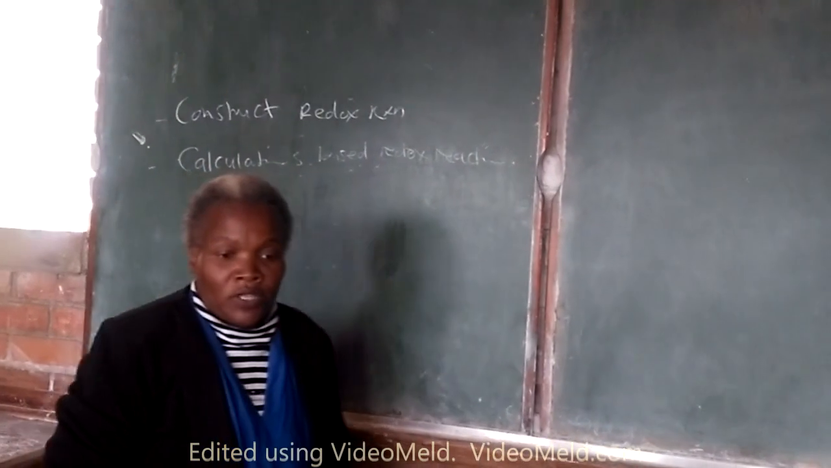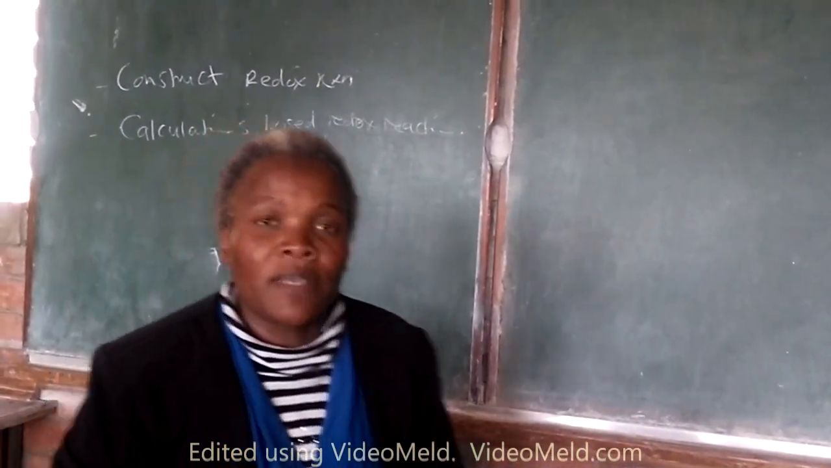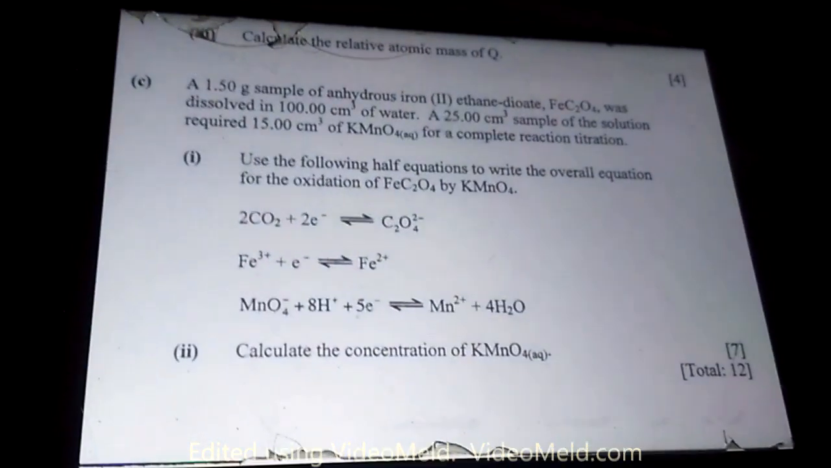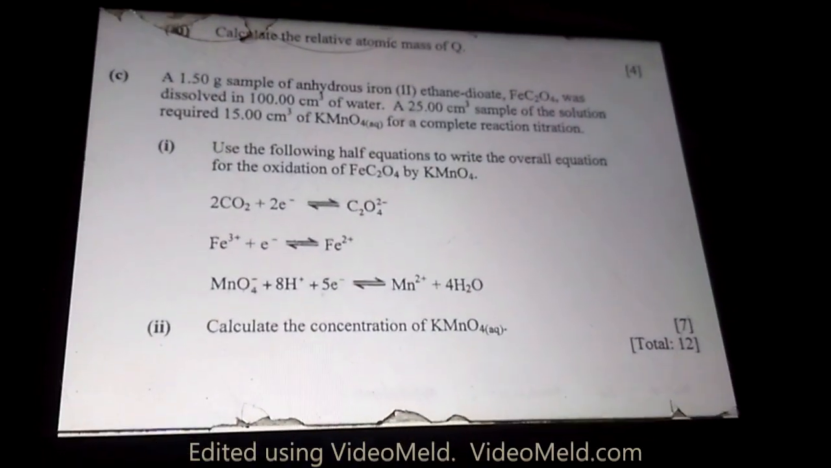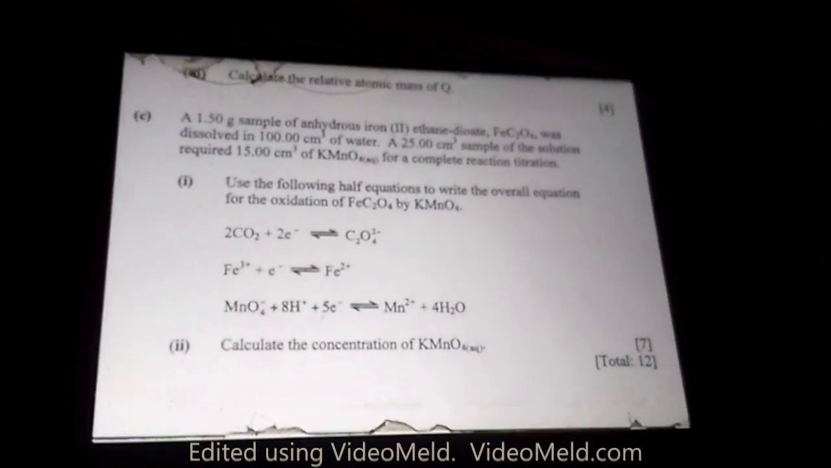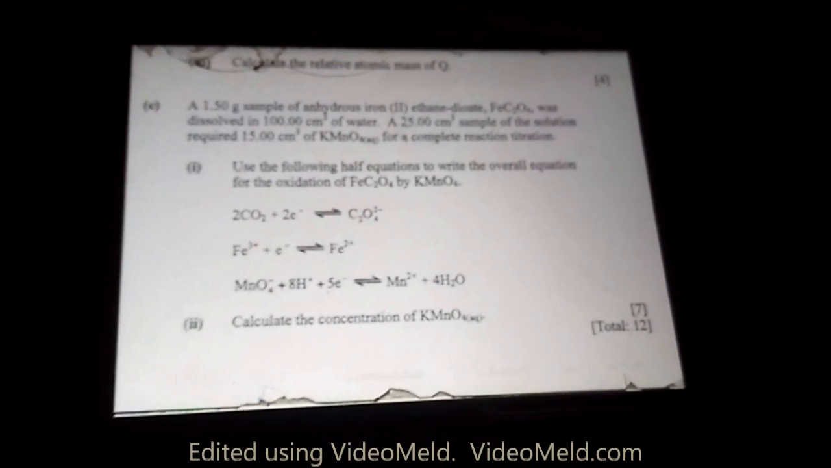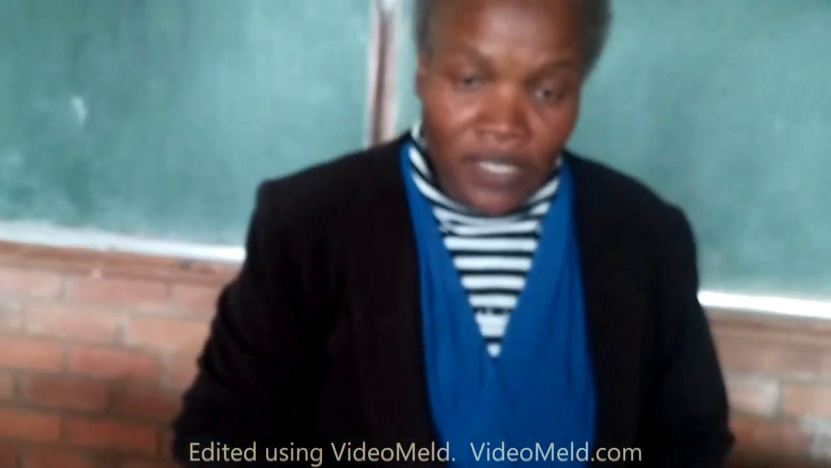And for this task, we are going to look at a past exam paper, a SimSec paper, which we are going to answer in order to achieve those two objectives. This is a November 2014 SimSec paper 1, and I'm going to look at question number 1, section C, the whole of it. And the question reads,